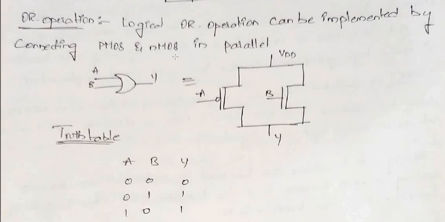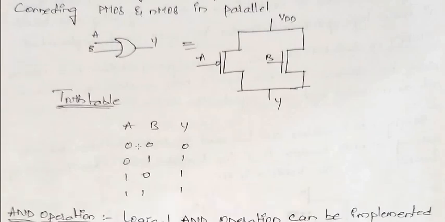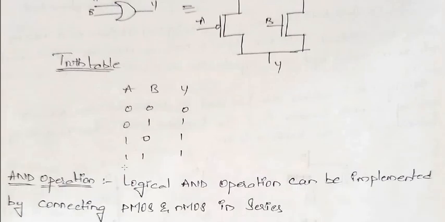Both PMOS as well as NMOS transistors should be in parallel connection. So this combination of inputs will give the output. 0 plus 0 will be 0, 0 plus 1 is 1, 1 plus 0 is 1, and 1 plus 1 is 2 in 2-bit addition. So 1 plus 1 is again 1, and you get the carry. I hope everyone knows about this, right?